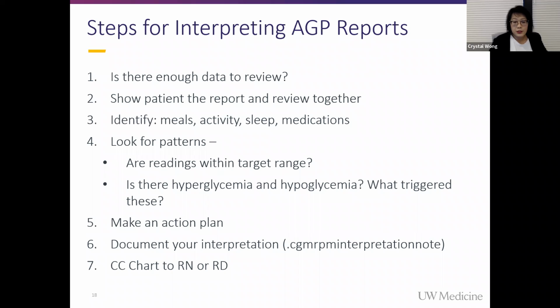There is an interpretation note, the CGM RPM interpretation note, that has basically you acknowledging that you've reviewed all these key metrics. It has kind of like a care plan area. And if you use that note, then that meets the criteria to bill out the code for interpretation of a